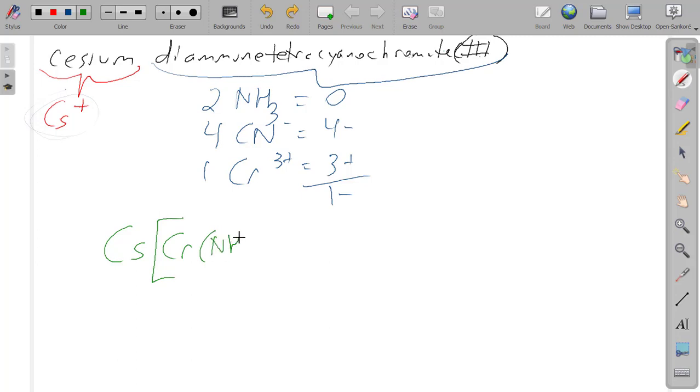Diamine, so that's NH3, parentheses 2, and then tetracyano, which is parentheses CN4. Now remember, if they're just one thing,